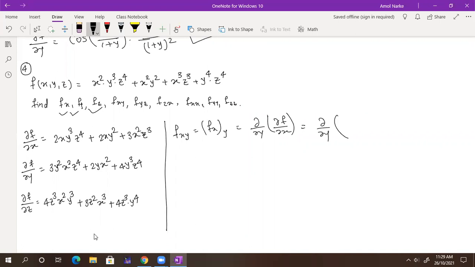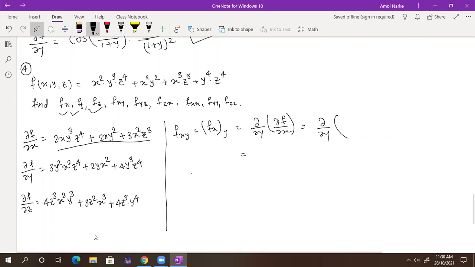So tell me, what is that? ∂f/∂x. We already calculated ∂f/∂x. You need to differentiate it with respect to y. So differentiate this term with respect to y only. What is the solution with respect to y now? Am I audible? Yes. Okay, with respect to y, tell me. Everyone understand? So you can write down this value directly.